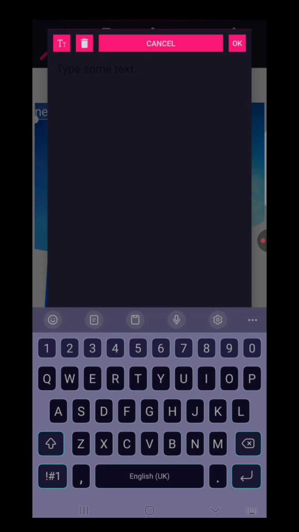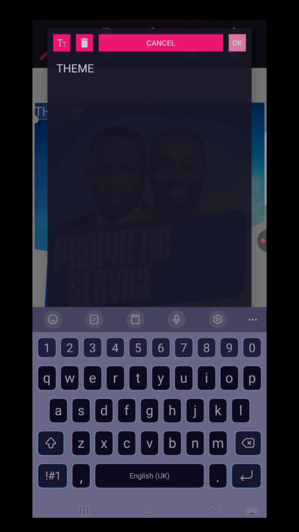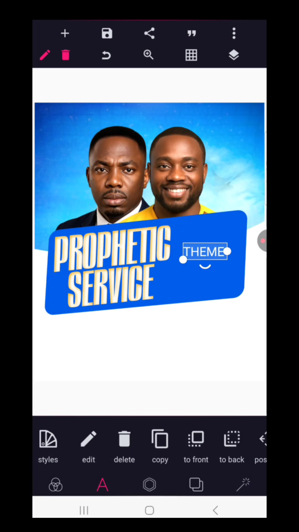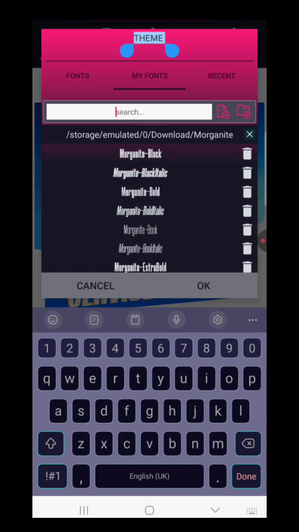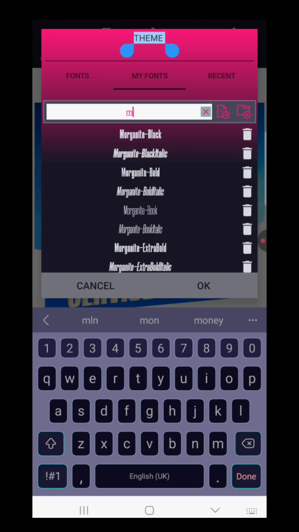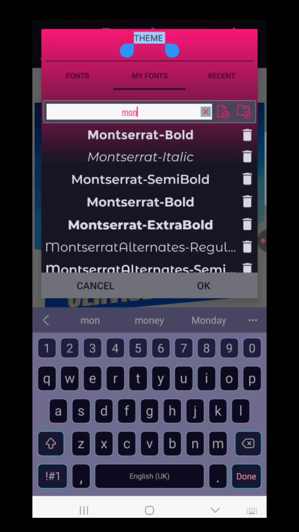Theme. So what's the theme of this prophetic service? The theme is simple: my time has come. But then I'm going to go to my fonts and use Montserrat. Yeah, let's just say semi bold. Okay,